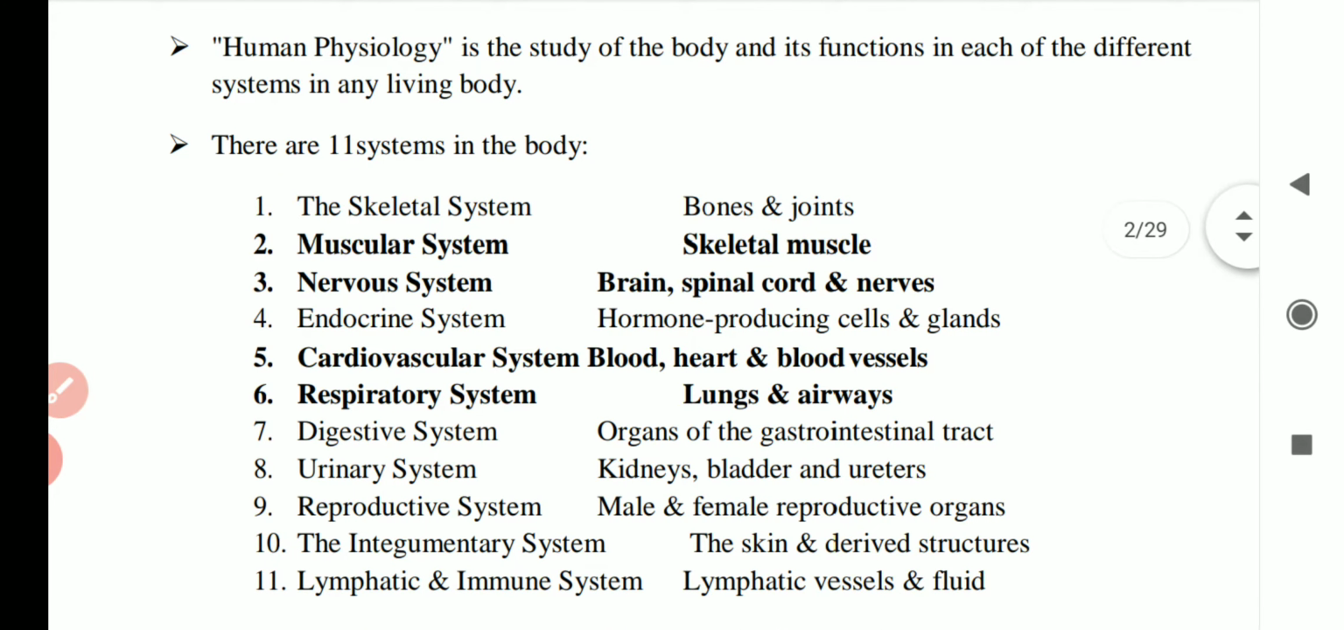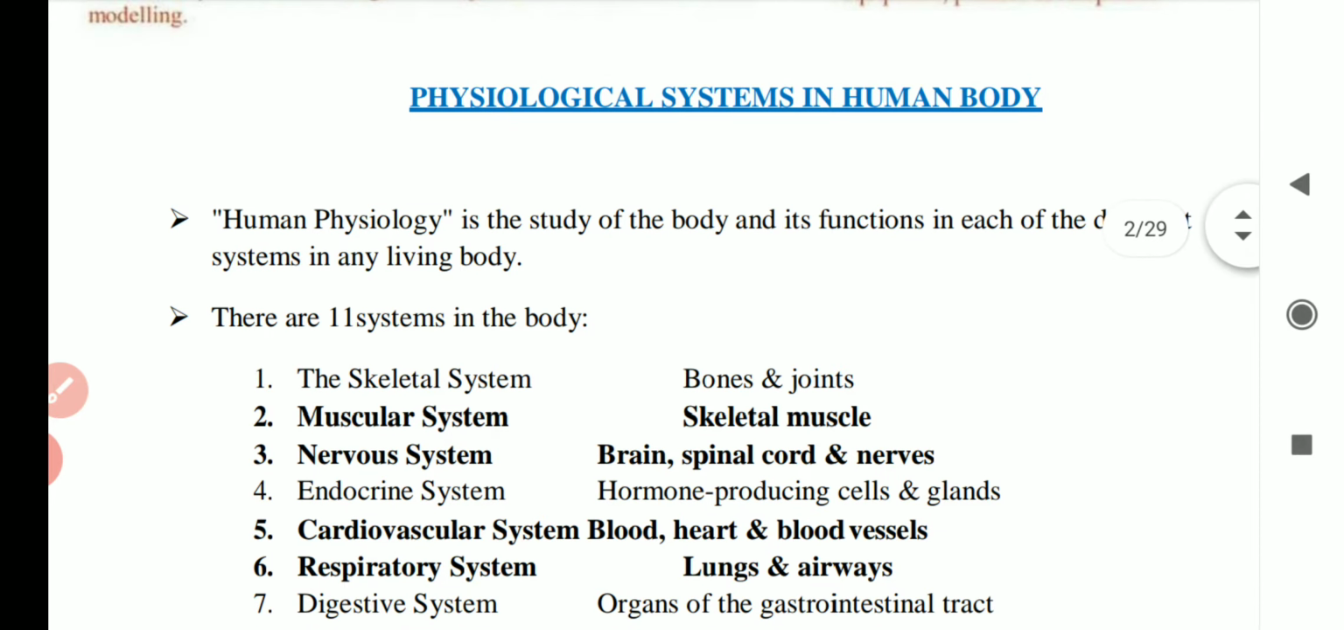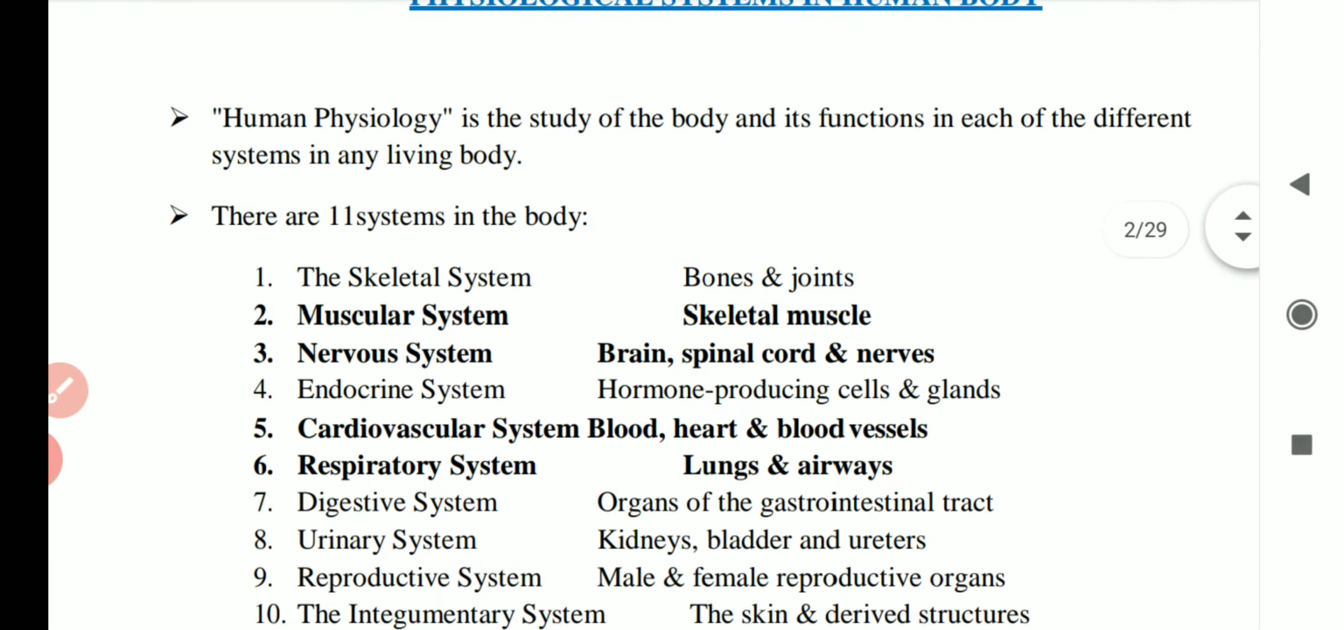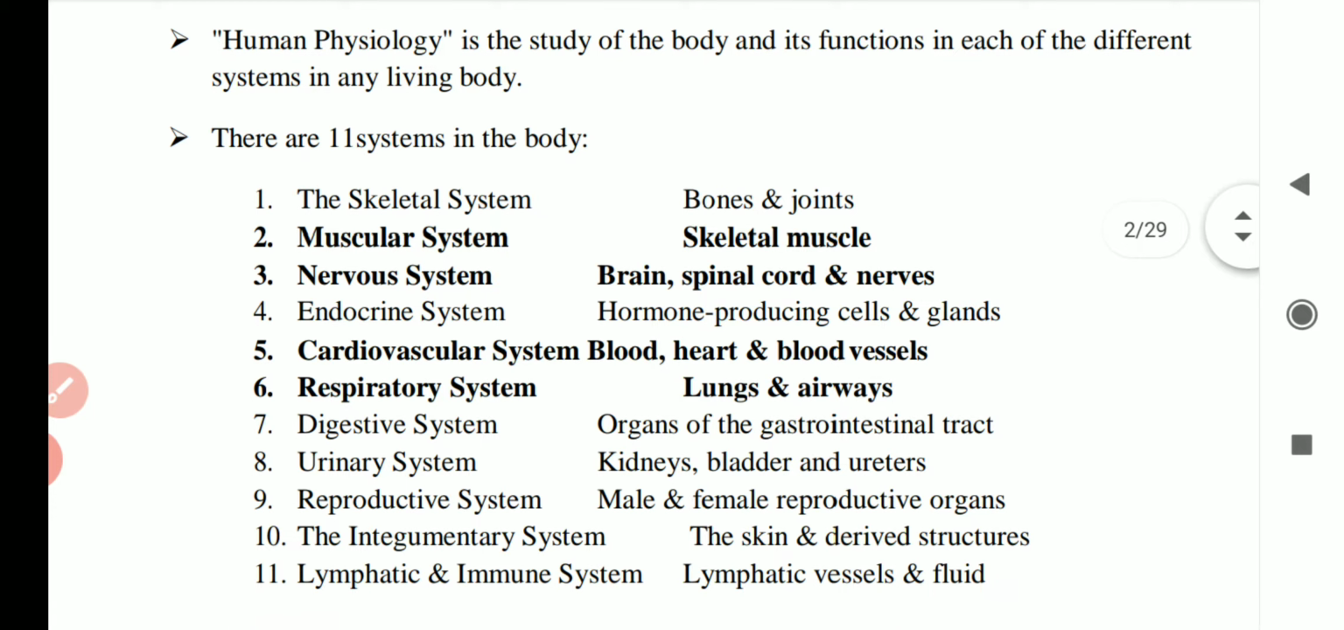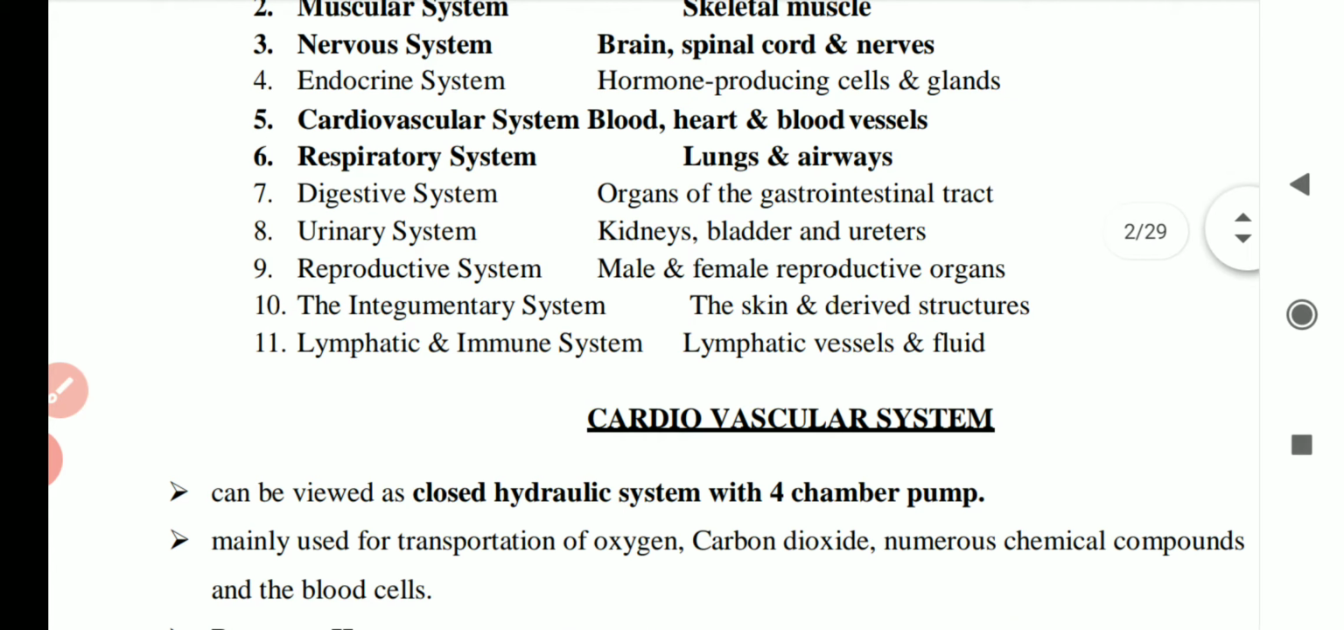Some of these systems you already studied in the plus 2 classes. But in biomedical engineering, our first topic in the syllabus is the physiological systems in the human body. When a question asks, write down the physiological systems in the human body, you first draw the figure of any system and write down the main theory points. That is the main part. The first system is the